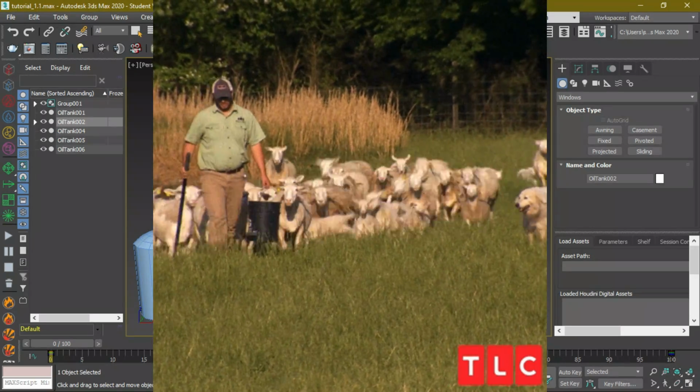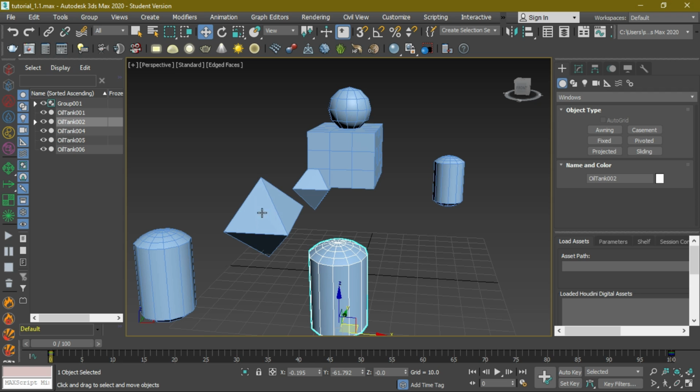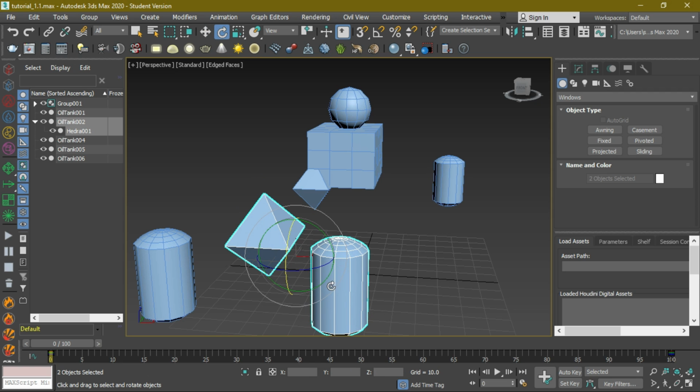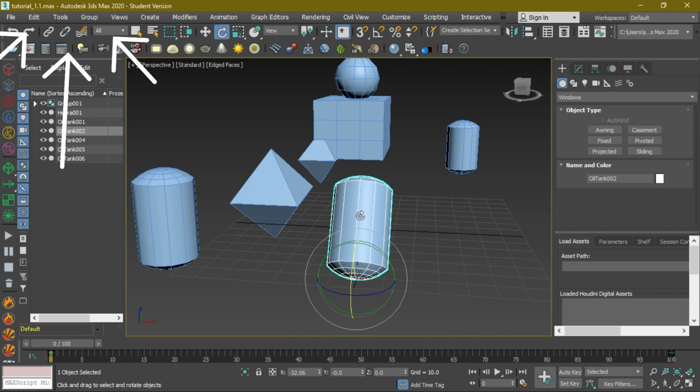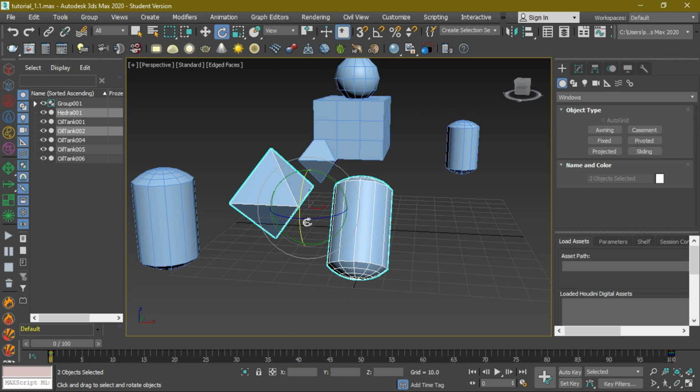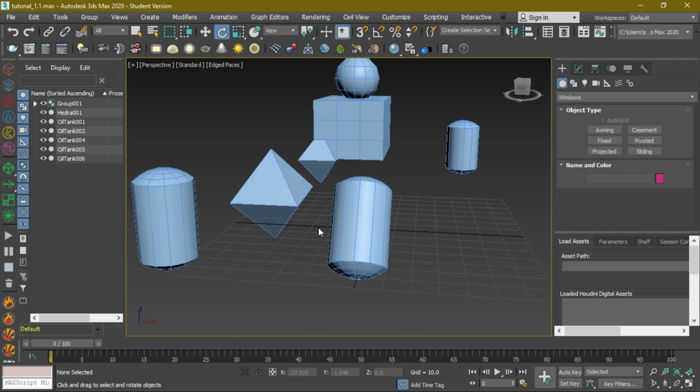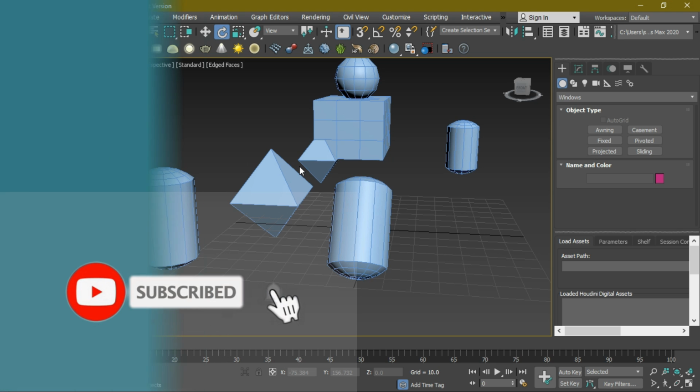And if you want to unlink these objects, you have to select both the objects and again unlink. Now you can see our object is unlinked. Remember, you have to select both the objects and then go to the unlink tool, click over there, then your object is unlinked. For redo undo, you have the same shortcuts. Okay, you know already. Ctrl Z is for the undo and Ctrl Y is for the redo.